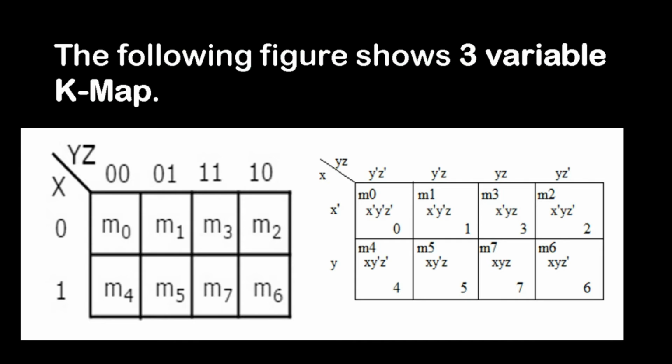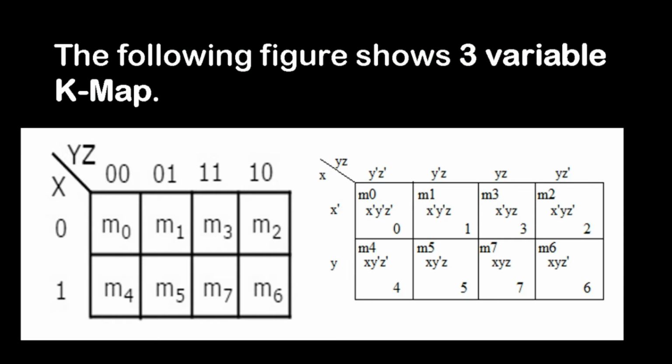This is designed according to the gray code. If you see, after 0 1, actually 1 0 will come. But here we are writing 1 1. After that only you are getting 1 0. This is because of the gray code pattern. If you put 1 0 after 0 1, both the digits will be changing, so that has to be avoided. As we discussed in the gray code, only one digit has to change. So 0 1 is changed to 1 1, and then from 1 1 we are getting 1 0.